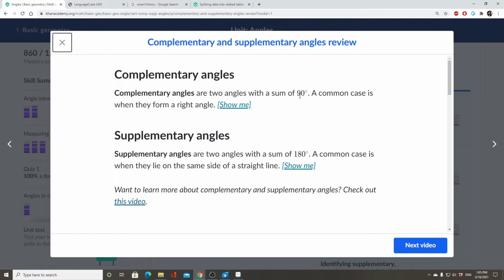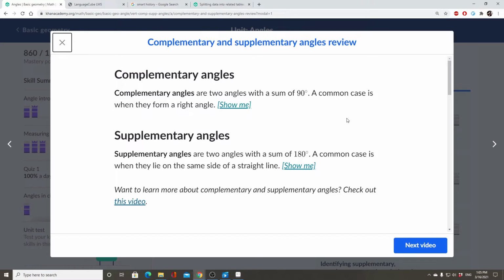So we learned in the video, Sal Khan, the guy who runs Khan Academy, he explains and teaches a number of the courses. It's kind of incredible, actually. But basically, you got these complementary angles. Sorry, I just zoned out there for a second. So he was explaining in the video complementary angles and supplementary angles. I'm not really sure I fully understood what he meant, so this review is very helpful.